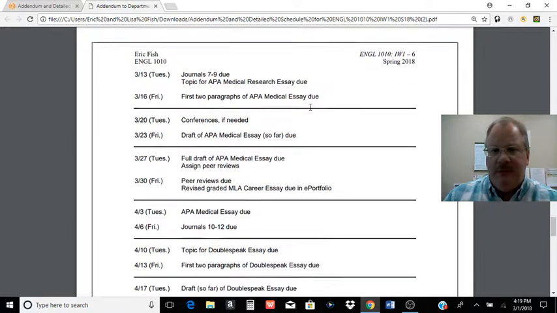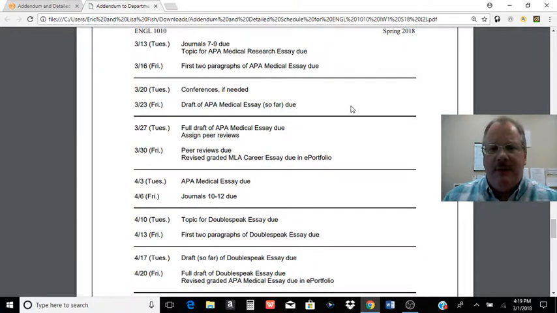But after we come back from spring break, we do the APA medical research essay. You're going to tell someone's story about a medical topic and put the research into it. This doesn't have to be a life or death situation. I've had good ones on ACL tears. I have a good one on peanut allergies last semester. And of course, I do get some on cancers and things like that. So it can be almost any condition that you or someone has had to go through, and that was a bit of a process.